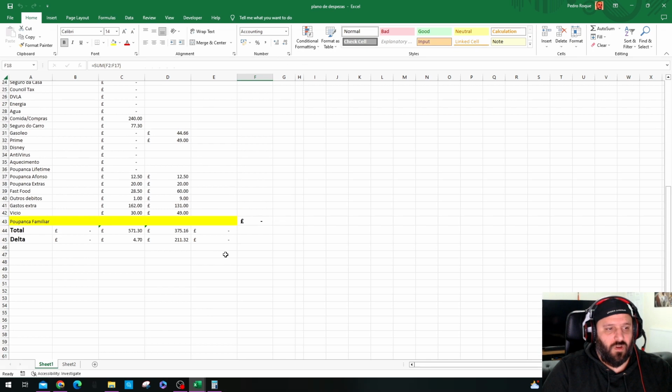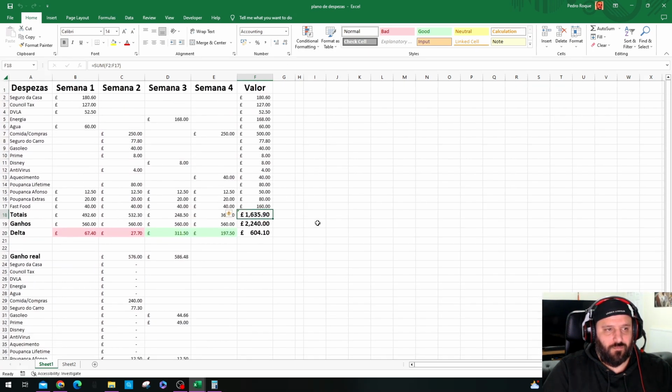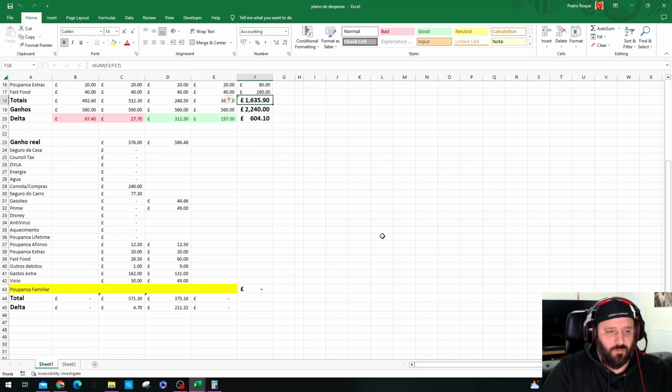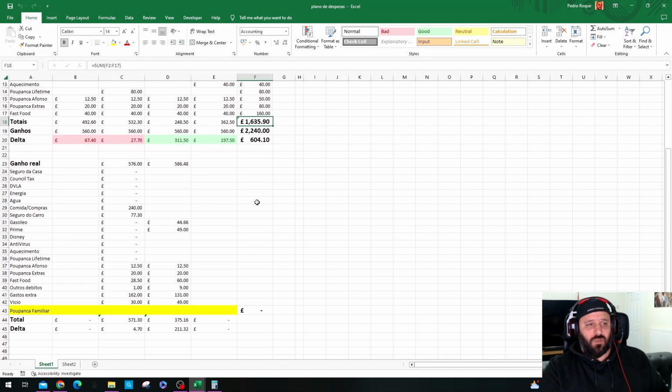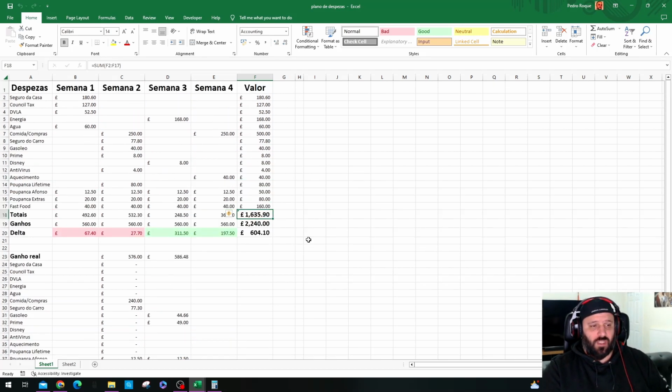This is the one that I've got in Portuguese. As you can see, it's really similar. It's got all the expenses here, week 1, week 2, week 3, week 4, totals, just as I've shown you. What I do is I do a second one, because sometimes we get overtime, sometimes we get extra expenses, so